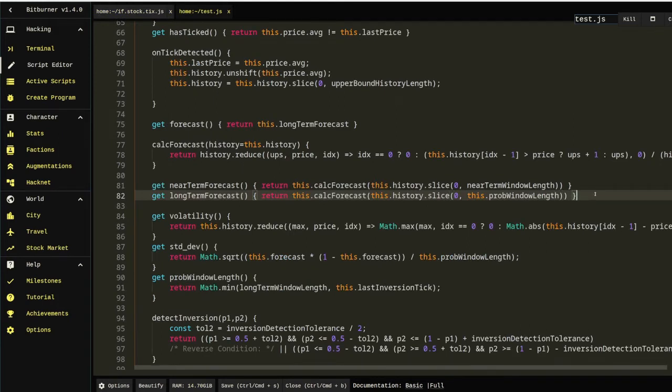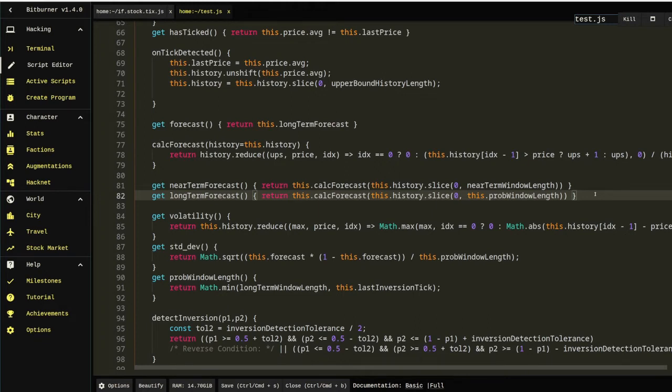I'm not sure if we want to store them as globals, where all the stocks have the same expected last cycle tick, or if you store them independently so that stocks decide their own last inversion time. And there's pros and cons to each. The pro is that if stocks are determining their own and storing their own,